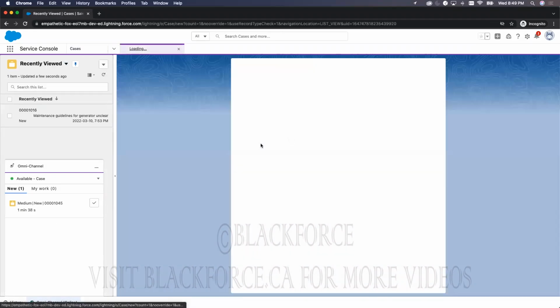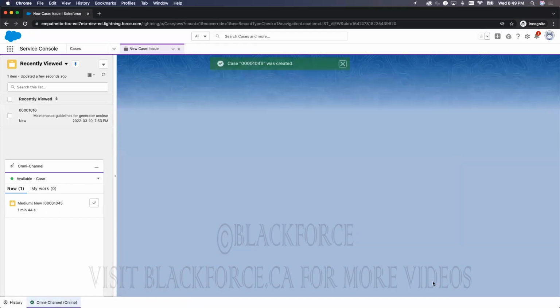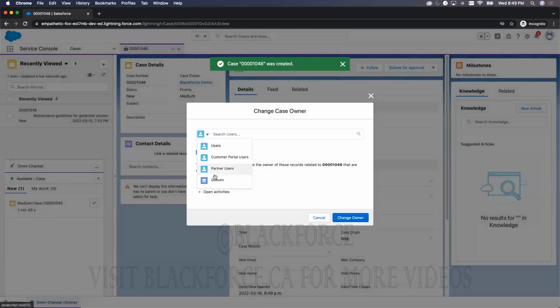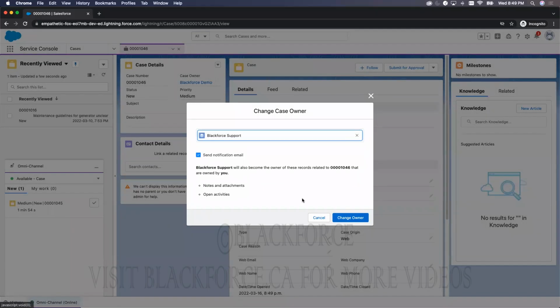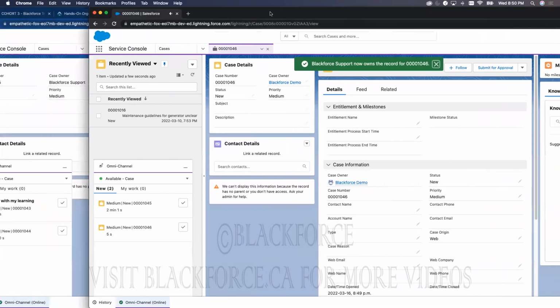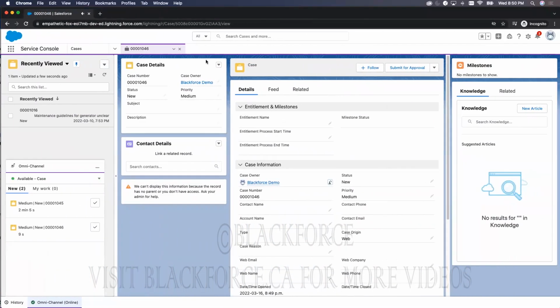I create another case. Okay, I create another case, save. I change it to the Black Force support because this guy is an admin. He can do anything. The guy got another case. So now we have 4 cases. Okay. If I create another case,